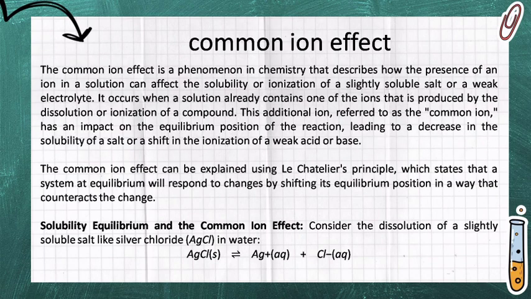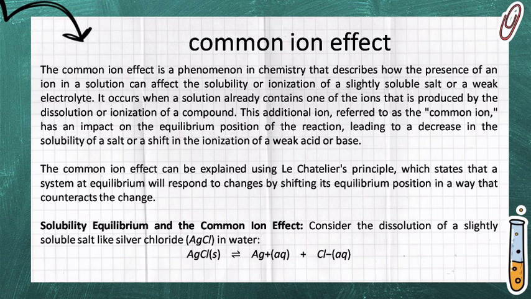Next is common ion effect. The common ion effect is a phenomenon in chemistry that describes how the presence of an ion in a solution can affect the solubility or ionization of a slightly soluble salt or a weak electrolyte. It occurs when a solution already contains one of the ions that is produced by the dissolution or ionization of a compound. This additional ion, referred to as the common ion, has an impact on the equilibrium position of the